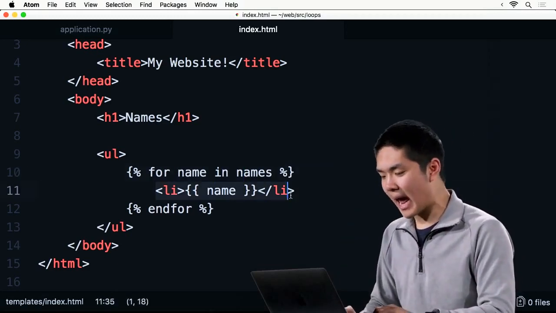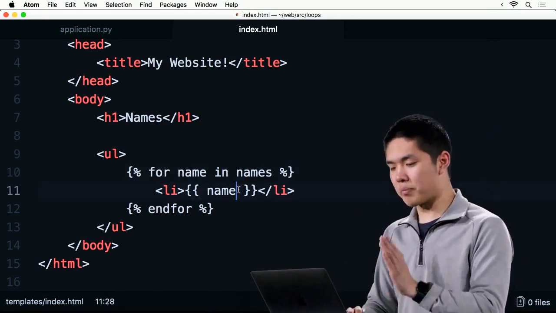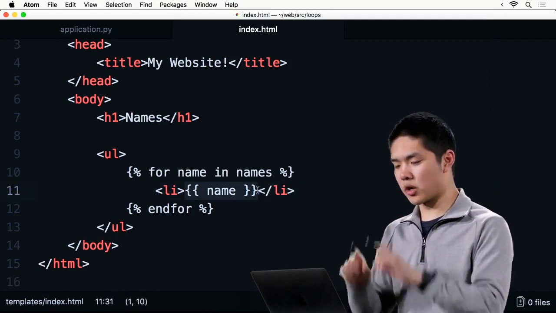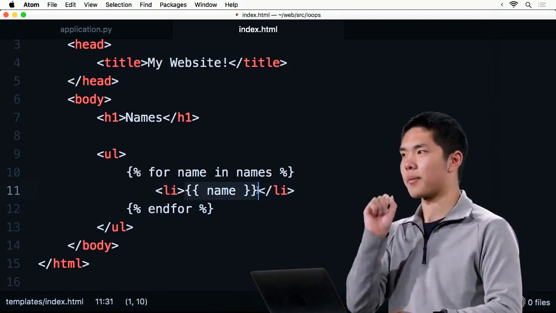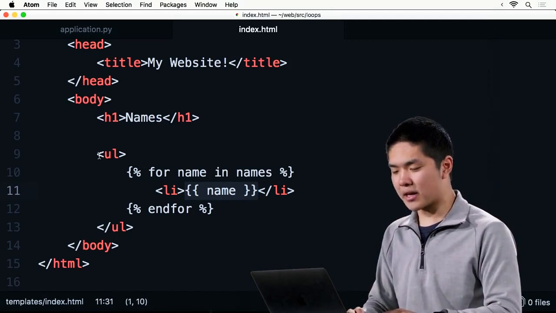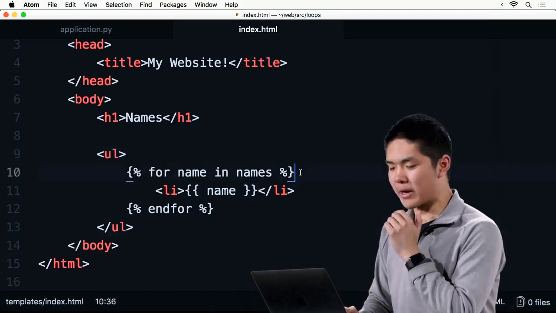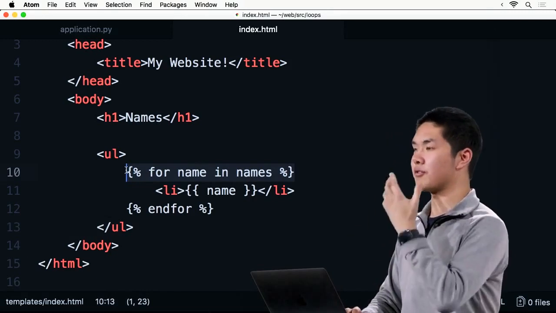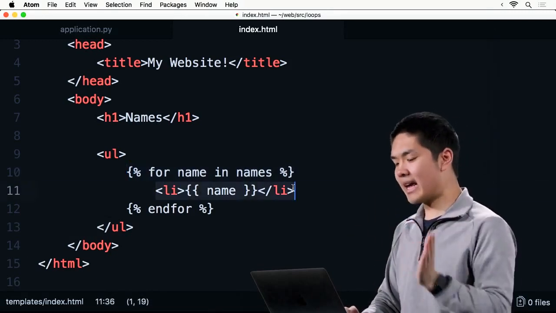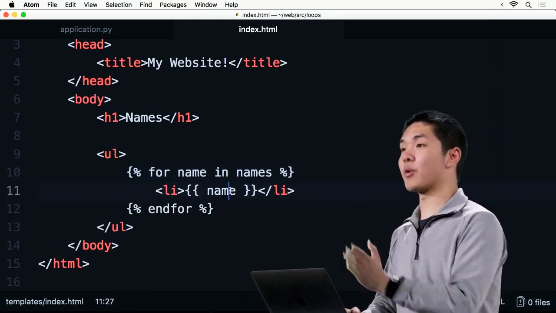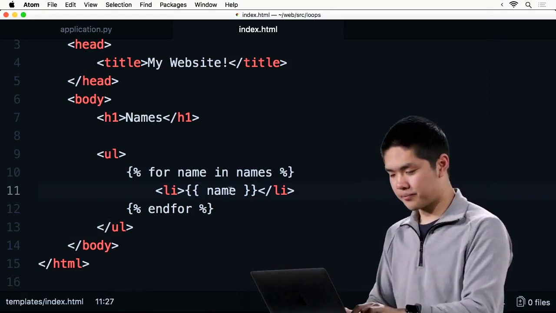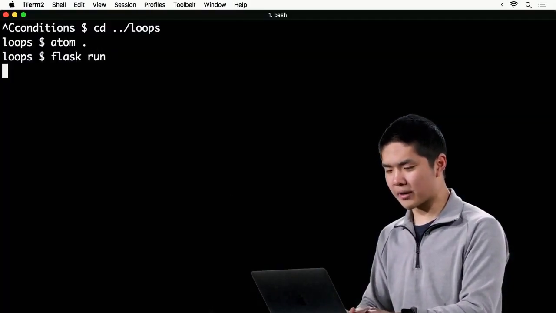We want to add an li, a list item, where we plug in, using that double curly brace syntax, the individual name. And so I've effectively said, create an unordered list. And inside of that unordered list, for each one of the names in my list of names, add an li tag, inside of which is the actual name that I wanted. So if I now run this application